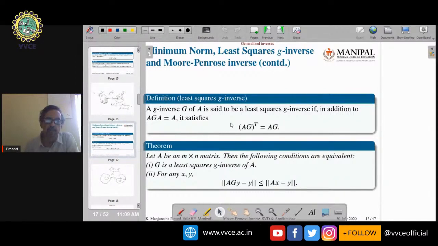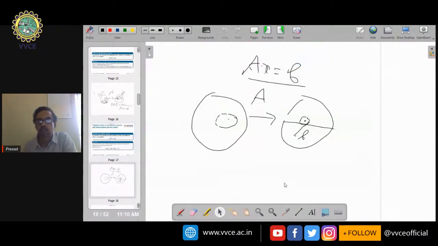We can verify that G satisfies this property, AGA is equal to A and (AG) transpose is equal to AG, if and only if for any x and y, the norm of AGy minus y is less than or equal to the norm of Ax minus y. Here x is arbitrary. When x is arbitrary, the set of all Ax gives you the range of A. So this Gy is an option among x, such that the norm of AGy minus y is less than or equal to the norm of Ax minus y. That means among all Ax available here,